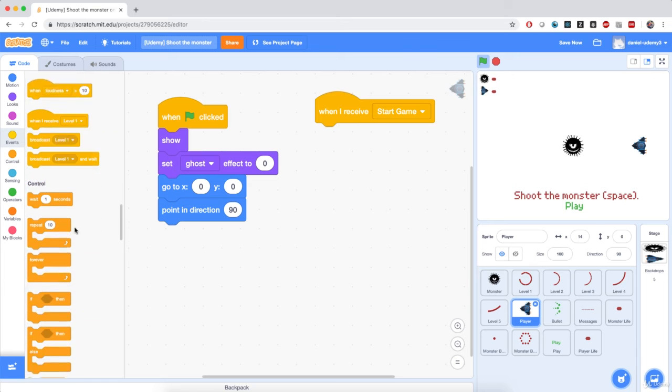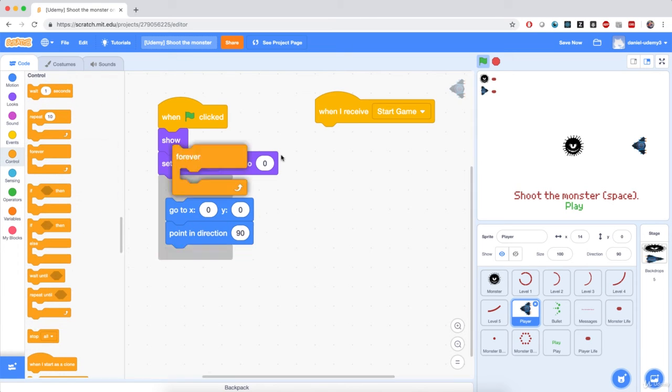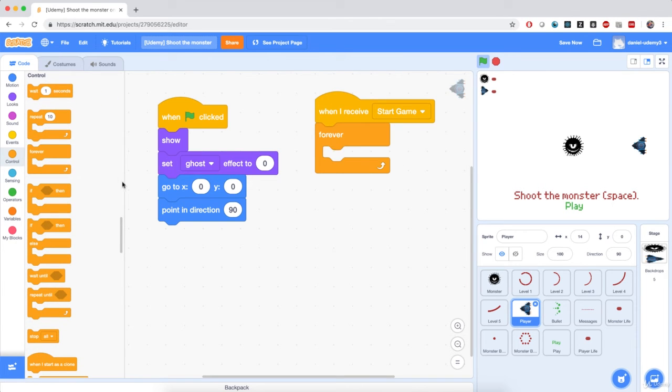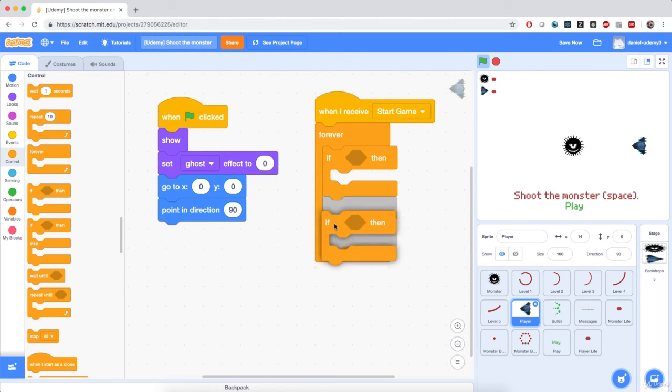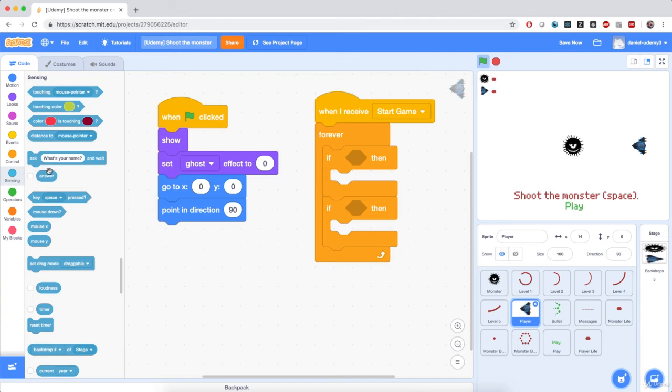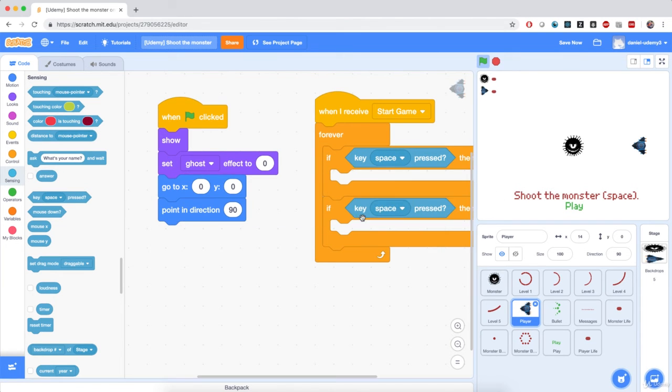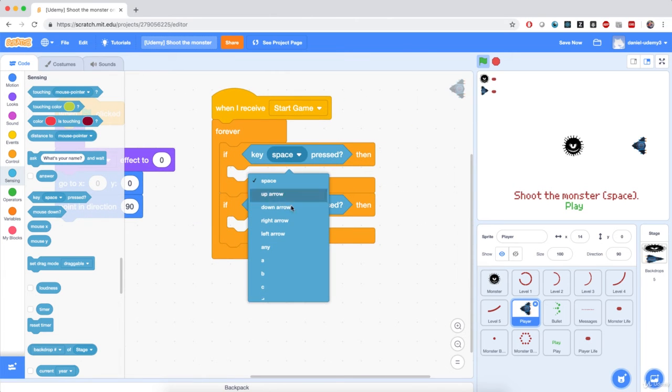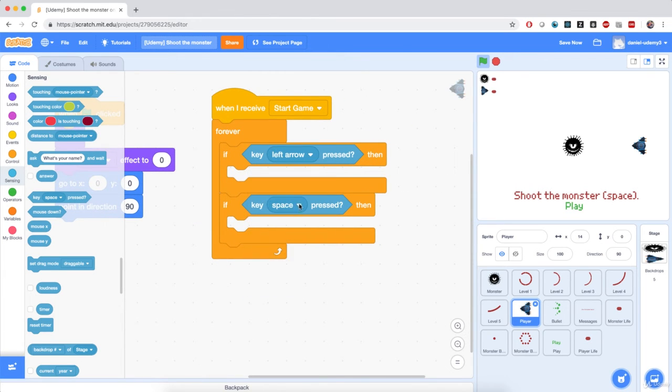So I'm going to bring in a forever loop. All right, and 2 if blocks. So the first one and the second one. These if blocks will check whether I'm pressing the left and right arrow keys. So I'm going to go to sensing and bring in this key space pressed block. And instead of space, I'm going to select left arrow and right arrow. So when I press the left arrow key, I will want the player sprite to rotate in a clockwise fashion